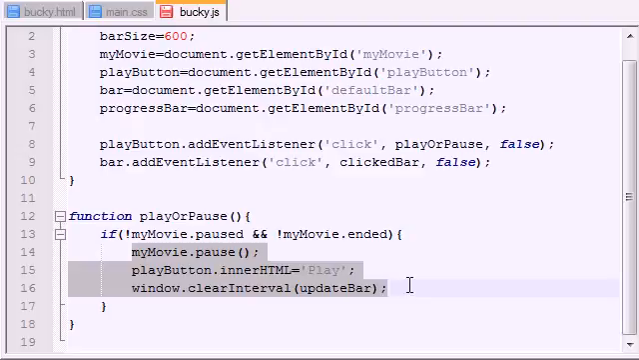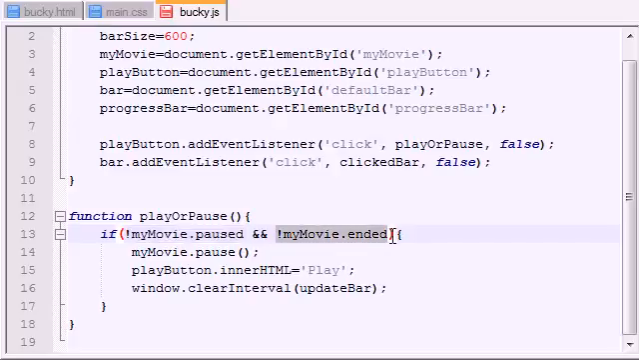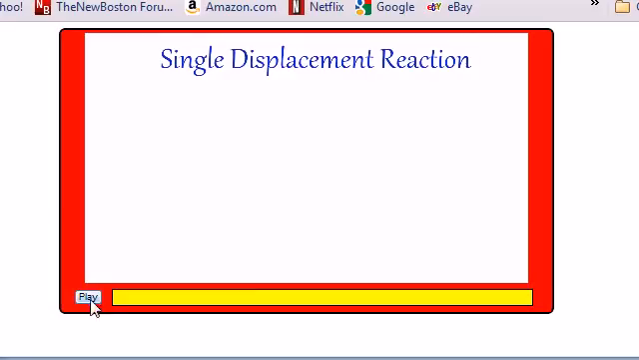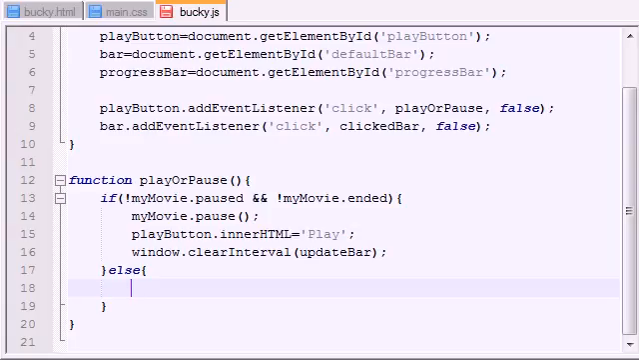What happens whenever your movie is playing? But what if your movie is paused, or what if the movie had ended? Well, then we want that code to happen in this else block right here. So if the movie is paused, or if the movie has ended, then whenever they click that play button, the first thing we want to do is, of course,